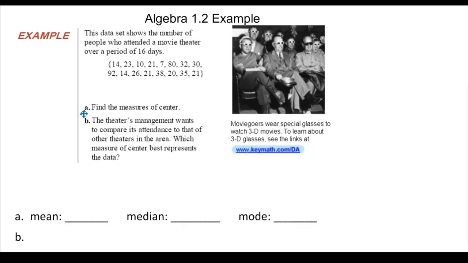We have to do the following things. Part A, find the measures of center. That's mean, median, and mode. And Part B, the theater's management wants to compare its attendance to that of other theaters in the area. Which measure of center best represents the data? Alright, so before we do Part B, let's find the measures of center and then figure out which one represents